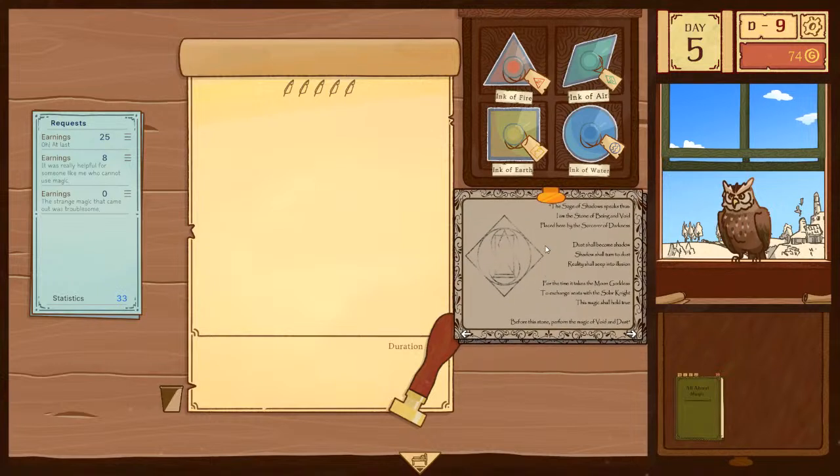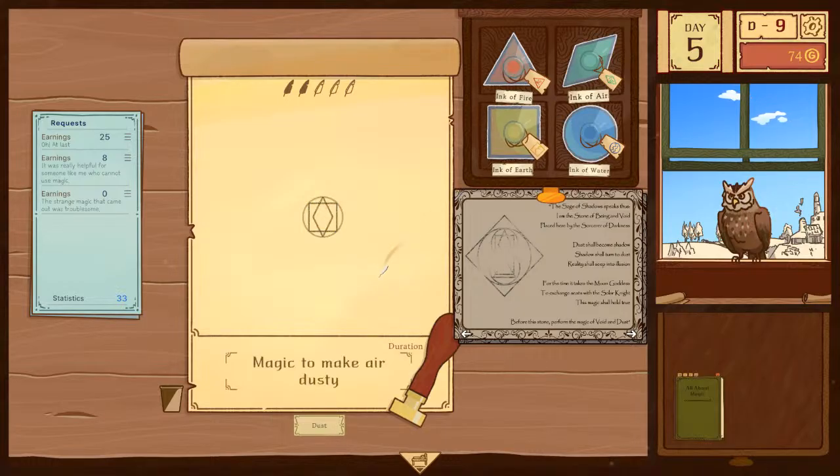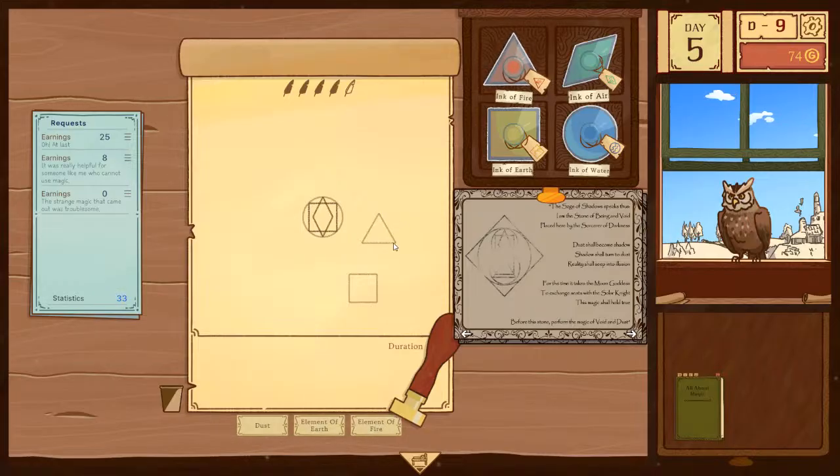I love these ones that give you a scrolled copy. Interesting way to place the triangle.